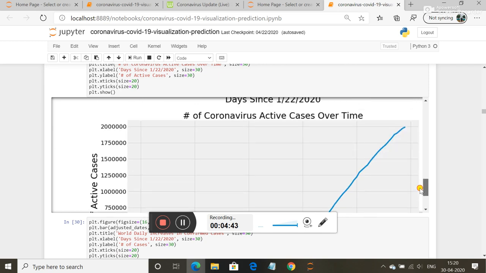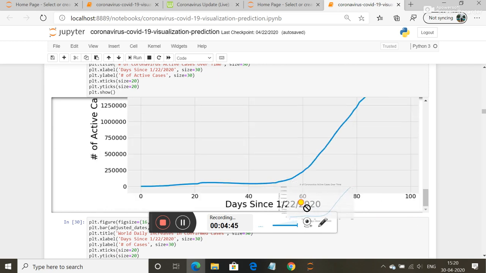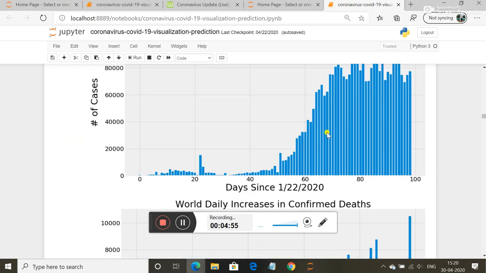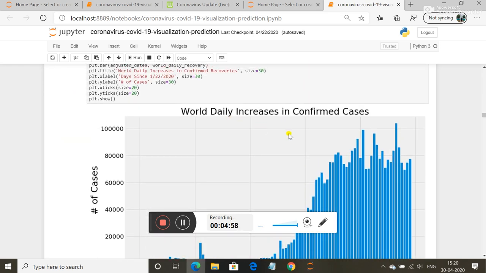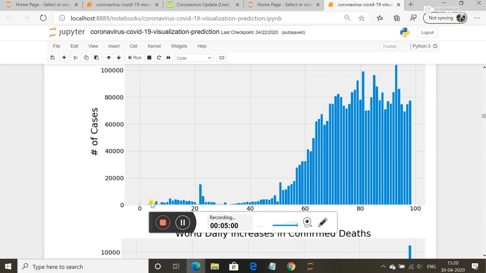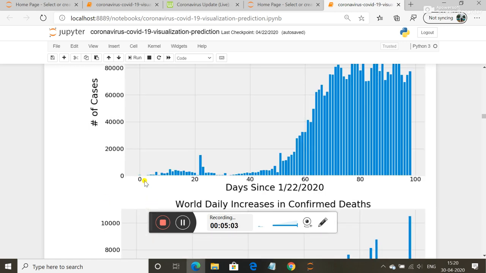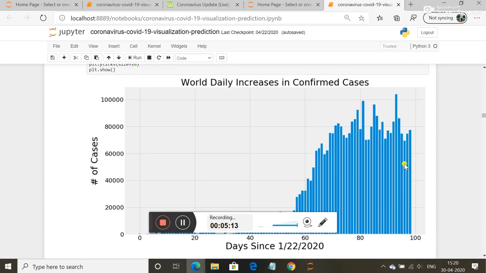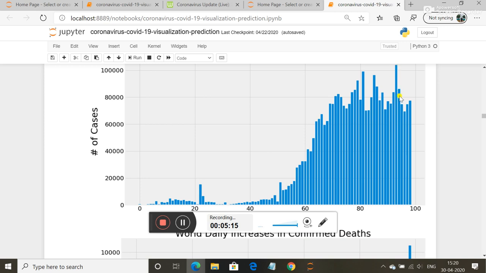Okay, since I started this program on 22nd of Jan 2020, because the data which I am getting starts from this date. So this will show the world daily increase in confirmed cases. If we start from 0 days, the count is at 0 days. So from 22nd January to 22nd April, February, March, April, 3 months, almost 100 days it's going to complete. The data was high here, and now we are getting a reduction,